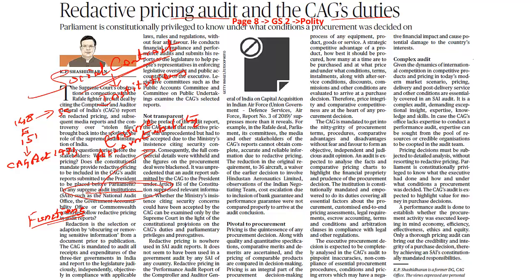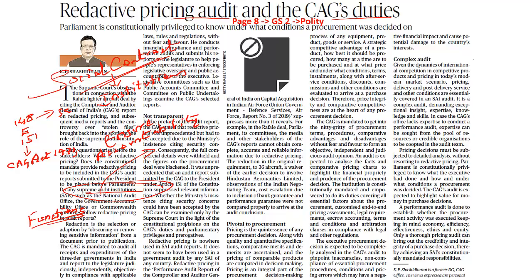That is because the CAG has been given the independence and it is the responsibility. Why? Because it is the financial watchdog of India. So the CAG plays a vital role to deter, detect and also take remedial and preventive action. So it helps prevent the public sector corruption as well as espouse good governance. On one side, by throwing all these important scams into the public forum, it is preventing the corruption, and at the same time it is making sure it is encouraging good governance in the Indian administration.